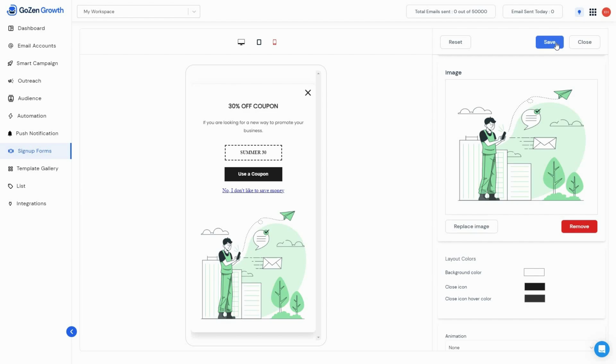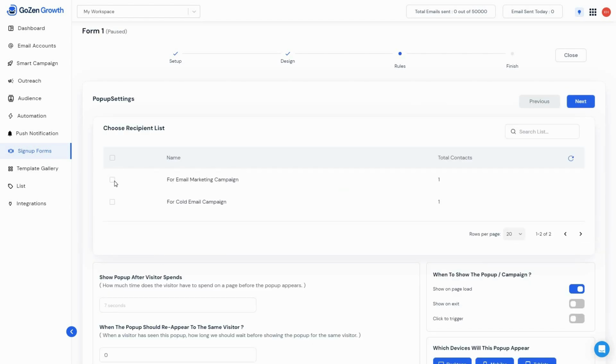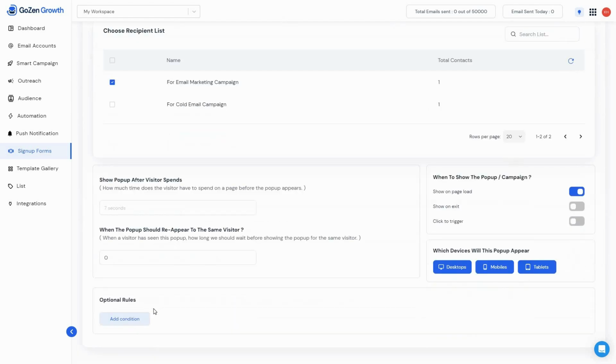And once your editing is complete, just click on save. And then we have to close this. So after designing the template, click on next. Now you can choose a recipient list. For example, I want to choose this email marketing list. And then you can also select some settings such as the pop-up after visitor spends. So how much time does the visitor have to spend on a page before the pop-up appears? You can also select when a visitor has this pop-up, how long we should wait before showing the pop-up for